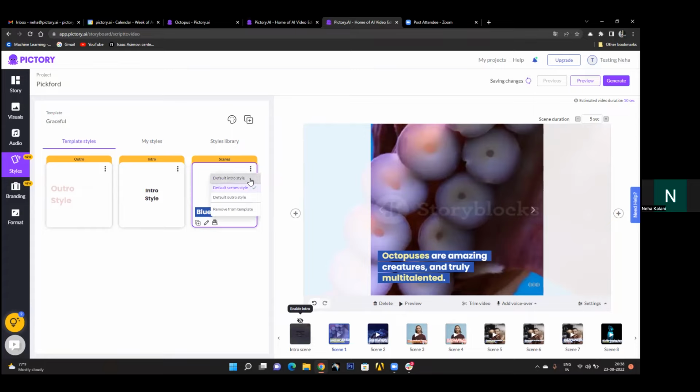by clicking on this. And now you basically have a new template, your own template, which is Graceful One. You can change the name of your template, which has blue as its intro and scene style by default. So I'm just going to call it Neha Pickford. All right. So yeah, now that we've covered what default intro, default scenes, and default outro styles mean, I'll